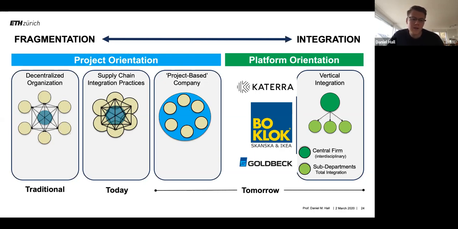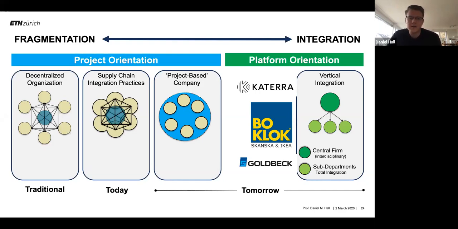And the idea is that you can then link the processes and the information much more easily than if they're different fragmented companies that are separate from one another. A couple of examples of this: later in this lecture after the break, I'll speak about Katerra as the very up and coming example here. There's also Beauclerc, which is the joint venture of Skanska and IKEA I've mentioned a few times in class. We'll also have a guest lecture from them. And Goldbeck in Germany is also a vertically integrated company.